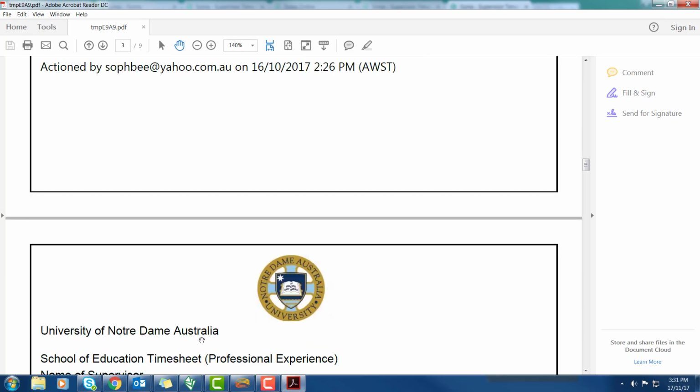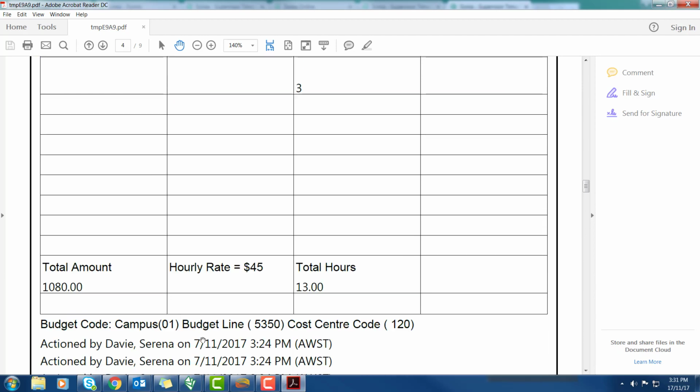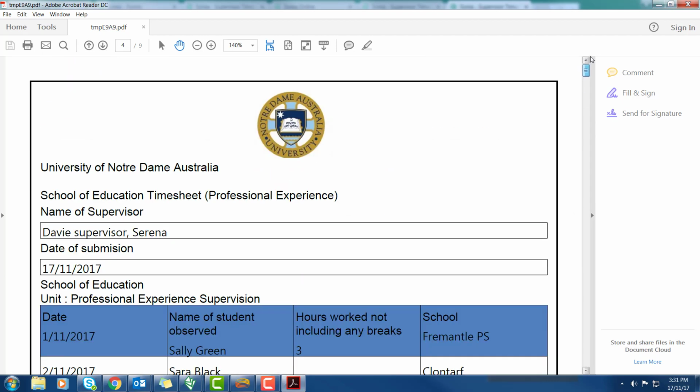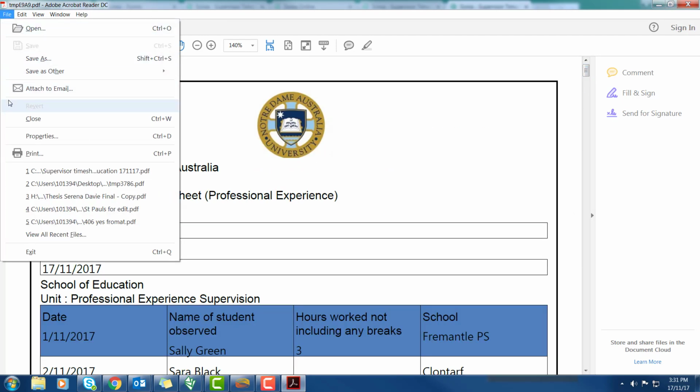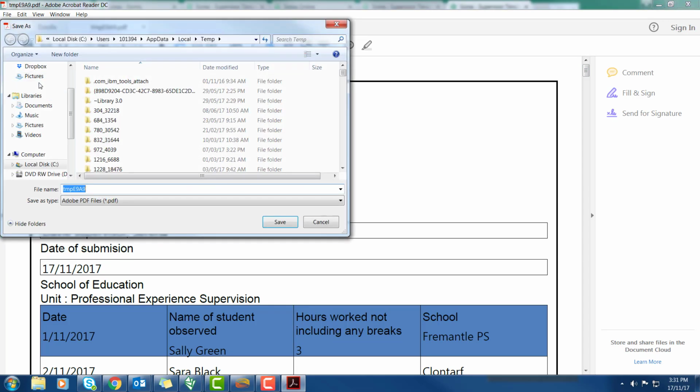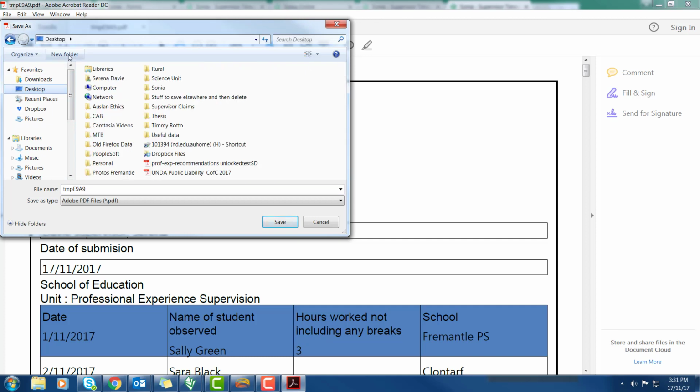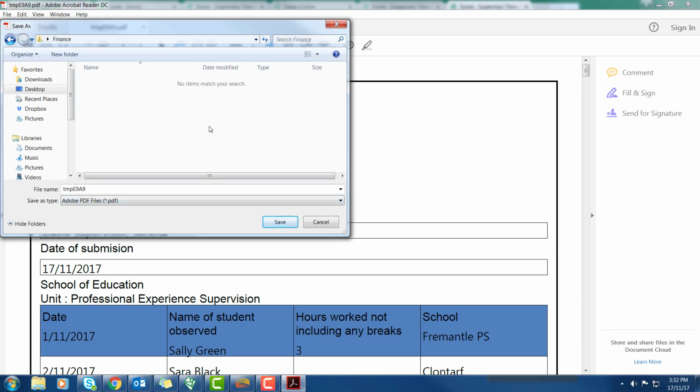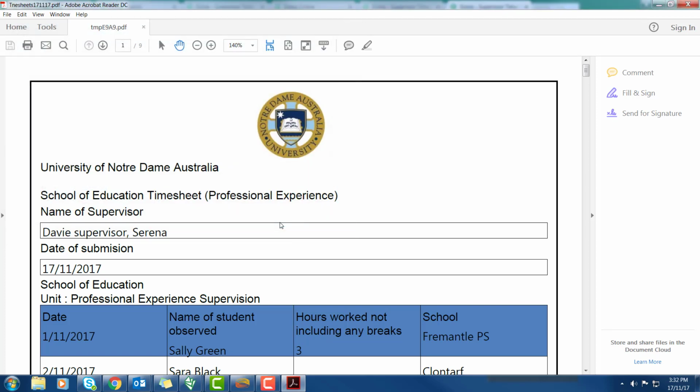But anyway, all of those PDFs are there, and I'm actually going to save those so that I can send them to finance. So I'm going to save them in a new folder, and I'm going to call that finance for the moment. I'm going to open that, and I'm going to call this timesheets. Okay, so I'm going to save that